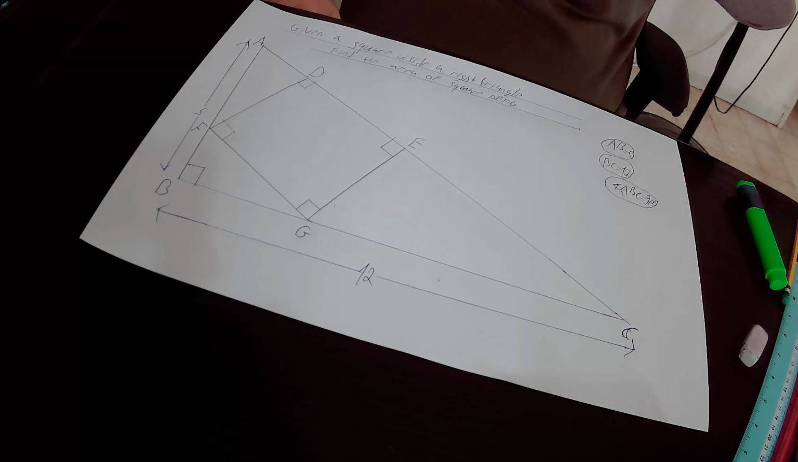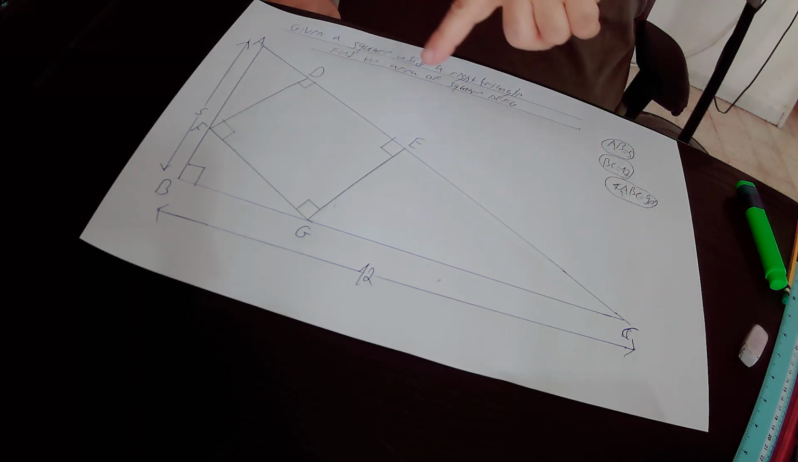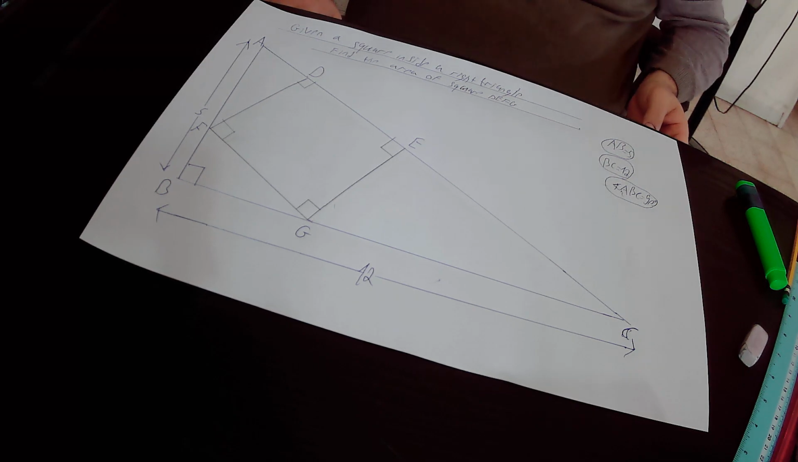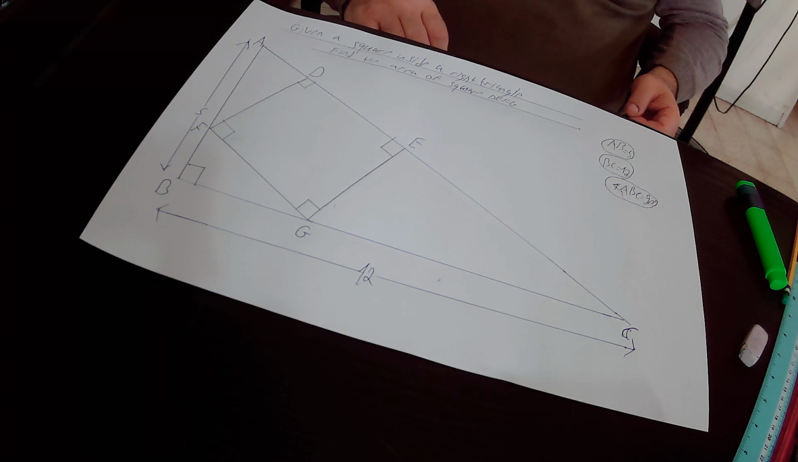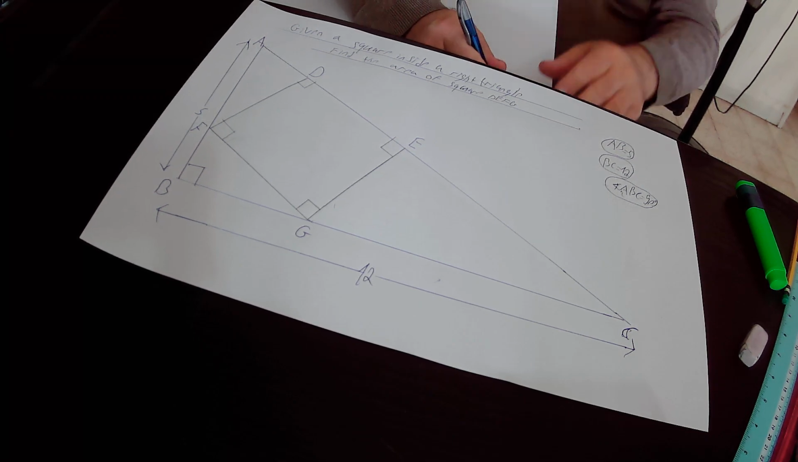and inside the right triangle ABC we have this square DEFG. And our mission is to find out the area of this square. So first of all, we'll implement the Pythagoras theorem in the right triangle ABC. According to the Pythagoras theorem, in any right triangle, the square of the hypotenuse equals the sum of the squares of the perpendiculars. So in the right triangle ABC,